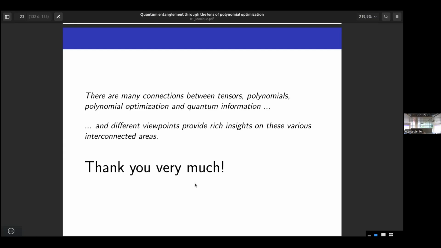Sorry, if I may just add, if you start with a bipartite state which is real valued, your ρAB is real valued, and you want to test whether it's in DPST. If it is in DPST, it will have a DPST certificate that is real valued. So you can get rid of the complex at that level, but nevertheless, if it is separable, at the very end, for the separable decomposition, you could still need some complex atoms.